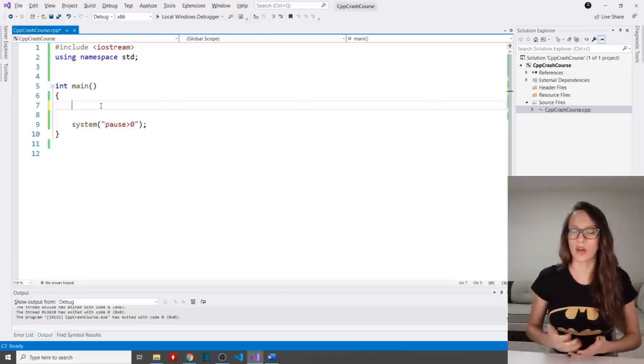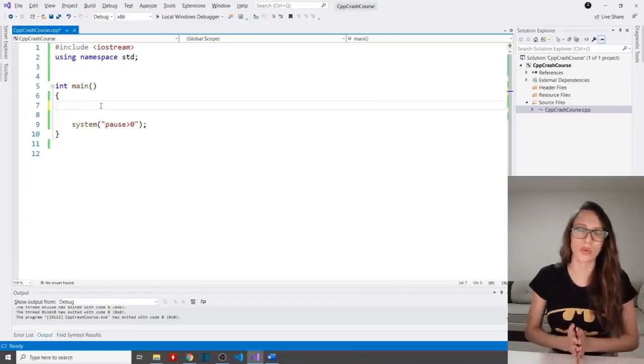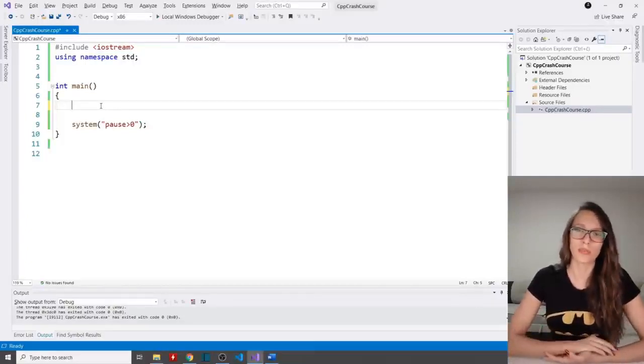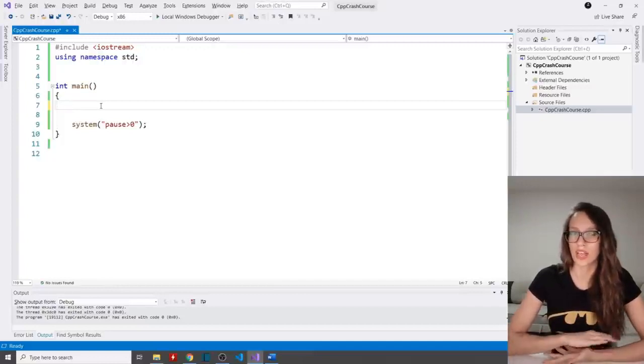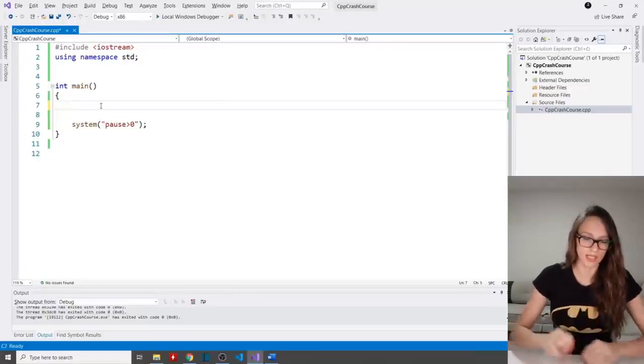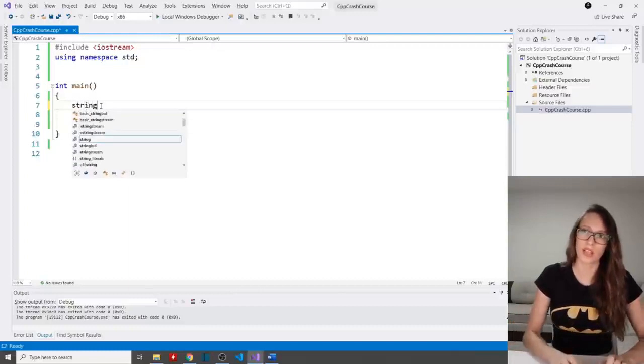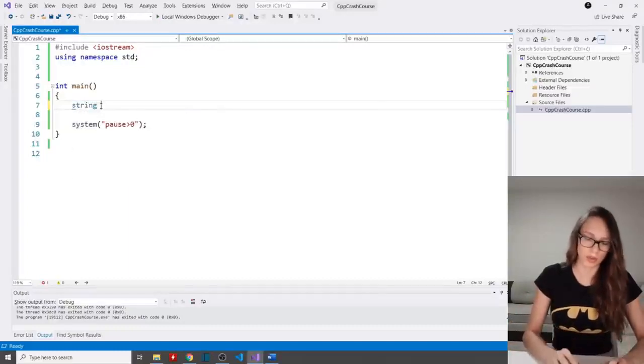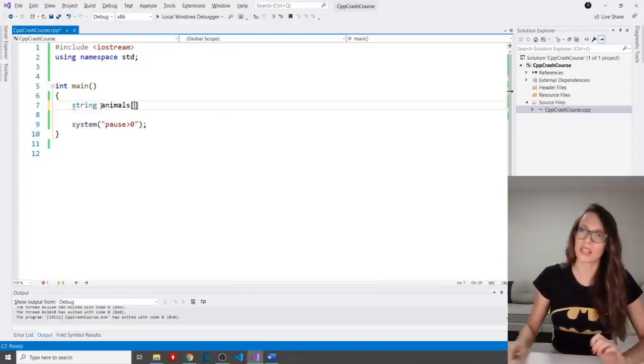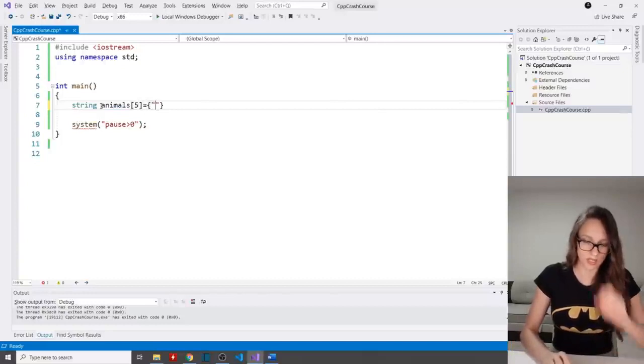Now, another loop that is often used in C++ is the for loop, and the for loop is often used when you know in advance how many iterations you will have. One example could be to write out elements of an array. So let's do that. Let's create an array of strings and call it animals, for example, and let's say that we will have 5 animals, and I'm going to initialize this array. So cat, and then dog, and then, for example, cow,